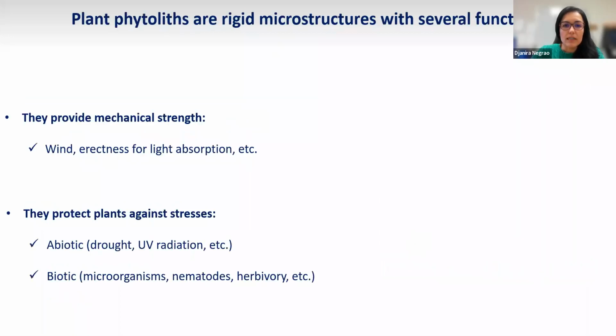So phytoliths, as I said, last for centuries in the soil, so they're very rigid microstructures, and they play several functions in the plants. They provide mechanical strength. For example, they help plants to stand after wind gusts, and they can be more erect for light absorption. They protect plants against abiotic stresses like drought, UV radiation, and against biotic stresses, for example, against fungi, nematodes, and